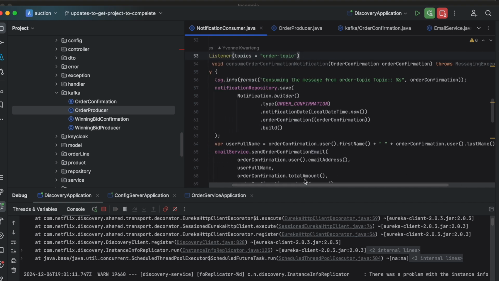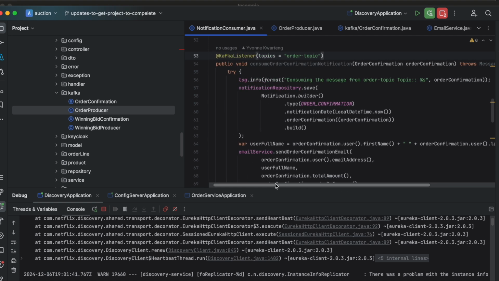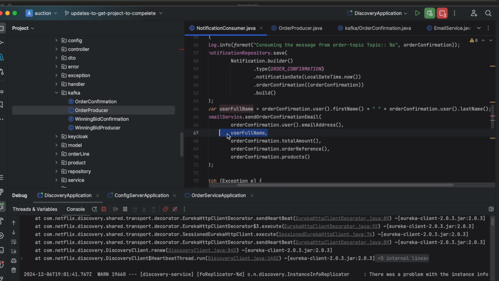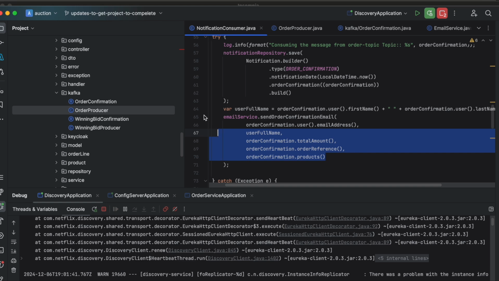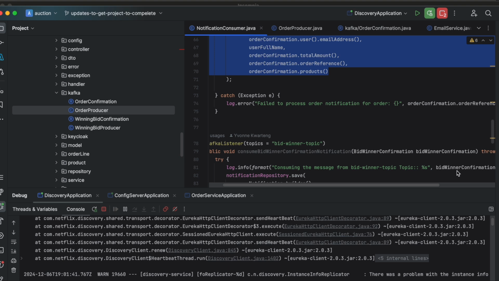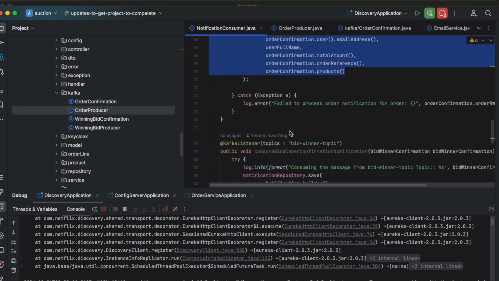we are just concatenating the user. We are taking a user full name. So the user full name is not the same as username, but it is the first name and last name together, and we are passing it on to it, and then we are passing the rest of the stuff, including the products and all that, the user email address and all that stuff to it. We are logging an error or failure if there is a problem, so we can debug it. Okay,